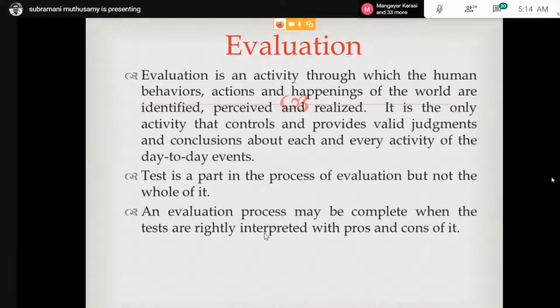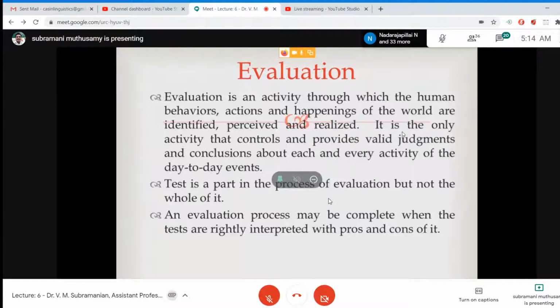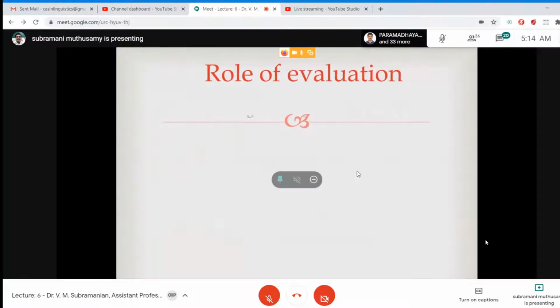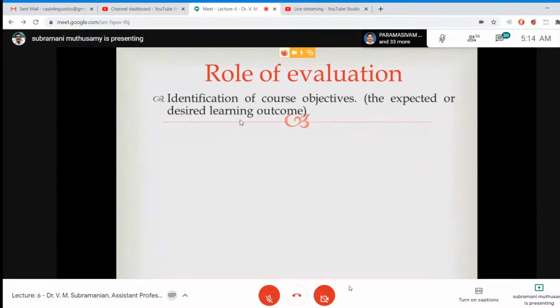So just now we witnessed the parameters of assessment. We have to look into the validity, availability, and other logistics, reliability, and all these parameters also have to be considered in the testing. So the role of evaluation: identification of courses, objectives, the expected desired learning outcome, and